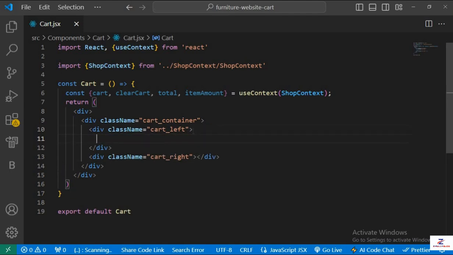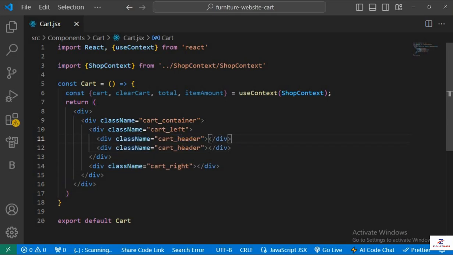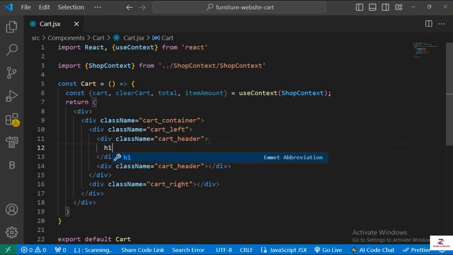So we're starting with the left section of the carts. We're going to have cart headers. We're going to have 2 cart headers. So cart header times 2. Okay, I'll just copy and paste it here. So the first one is going to have shopping cart, item amount, and the clear cart, the icon to clear the cart. So each one, shopping cart,